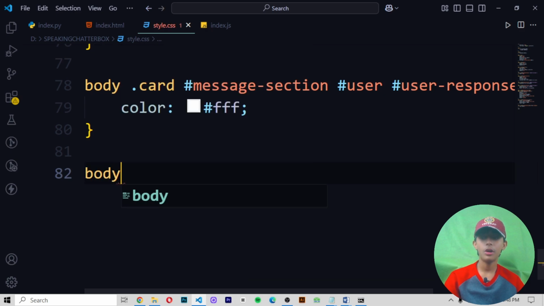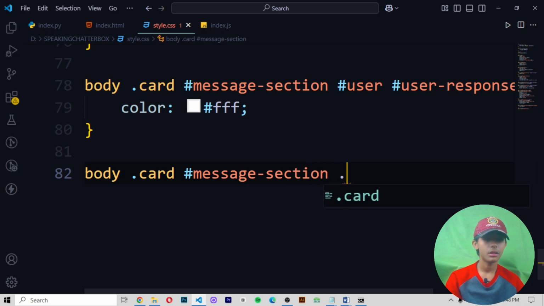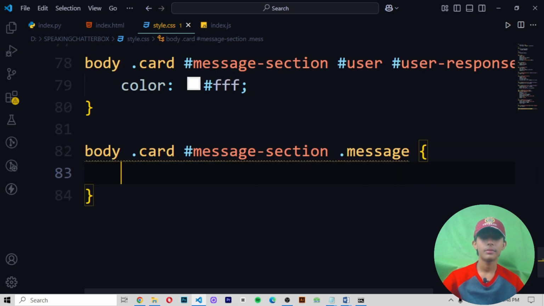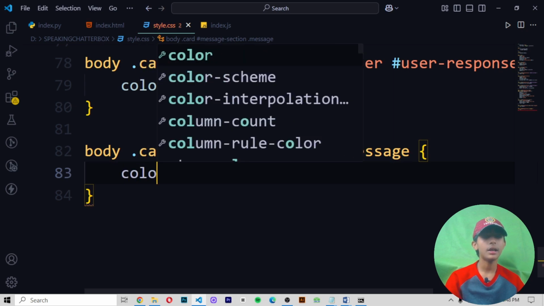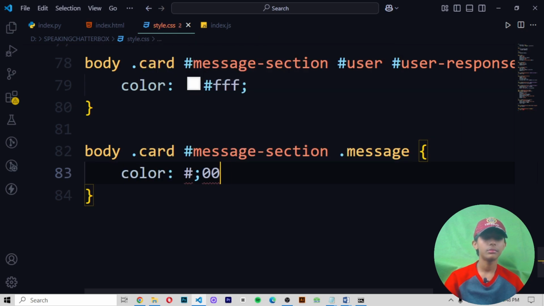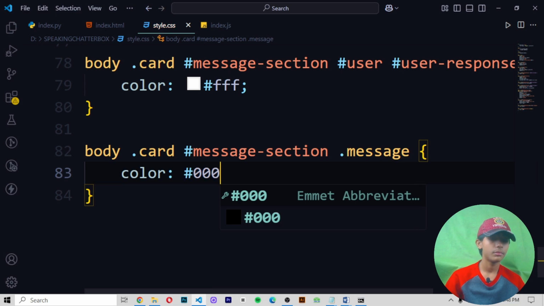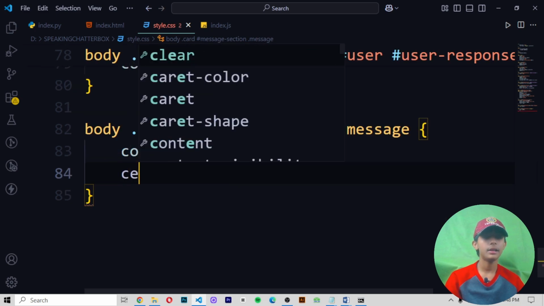Now body dot card slash message slash section dot message. Now add a color should be hashtag 000. Now add a clear should be both.